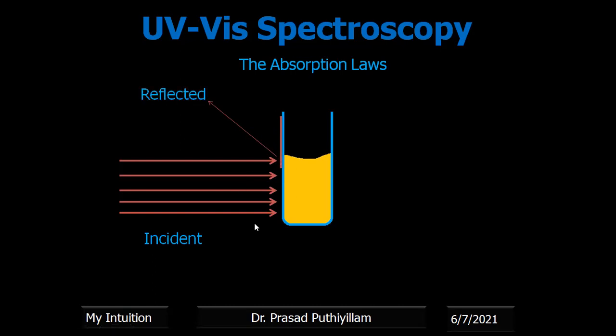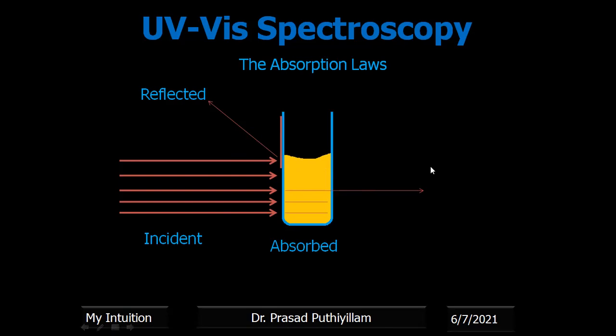That should not happen, because we need all the incident light to pass through the solution, and we need to study how much light is absorbed or how much light is transmitted. Therefore, we need to avoid this reflectance, but the reflectance possibilities are there, which I have represented here. Some light will be absorbed inside the solution. It will absorb that particular light. You have no connection with the yellow color and whatever red color, orange color is given here. There is no connection, I am just representing it here. Actually, we have to use a complementary color.